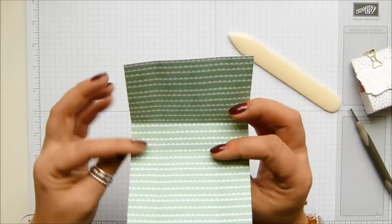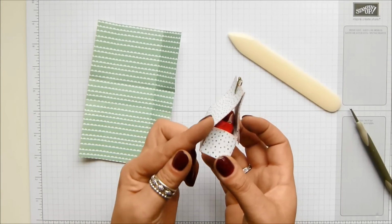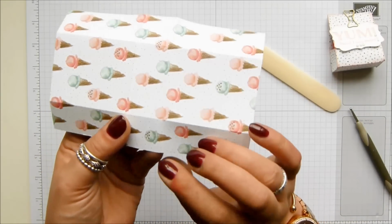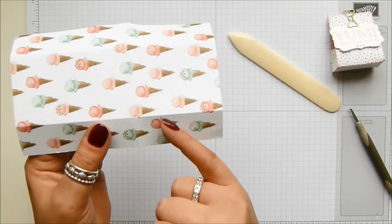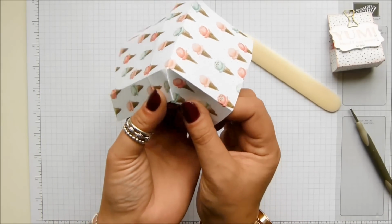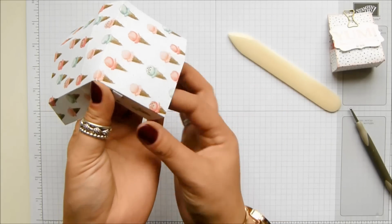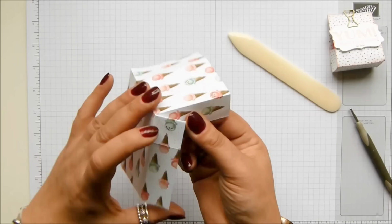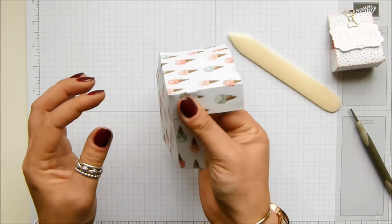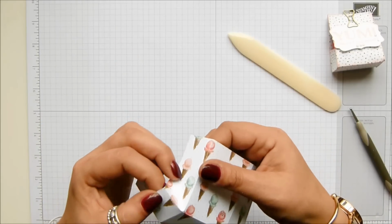So there's my straight lines folded. What I need to do is create a corner that's going to tuck away in there. So you're going to take this line here that matches up to your square, and we want to fit that or fold it so it lines up there, and you just bend it round. Be brave with it. It's a piece of paper, it's not going to fight back, and it doesn't matter if you're slightly skew-if, because it'll still work. So I've just done that, and I've just created that with my finger, and again do the same over here,